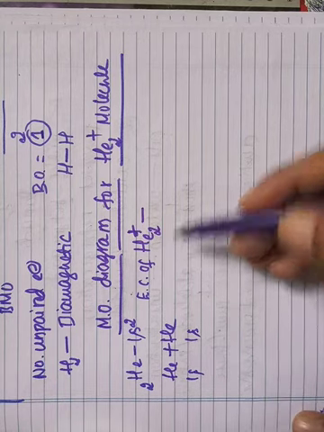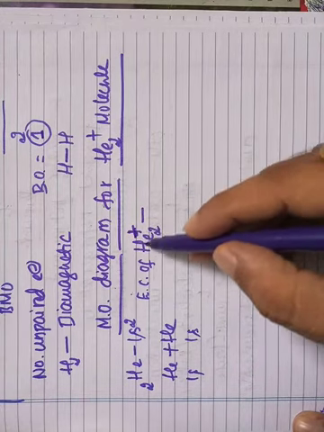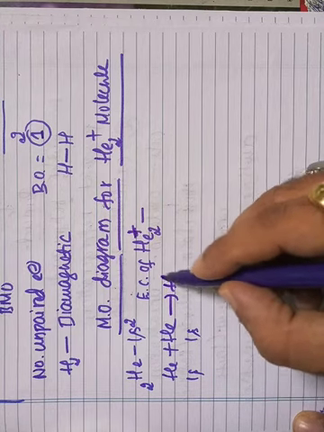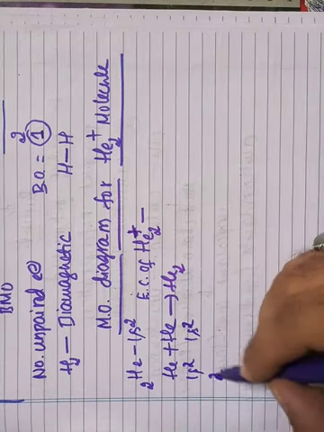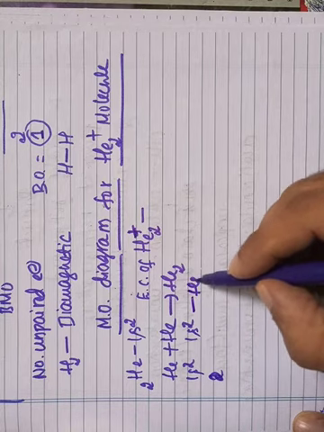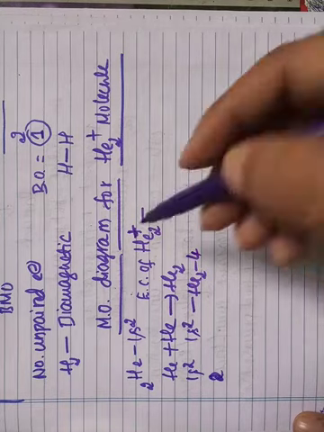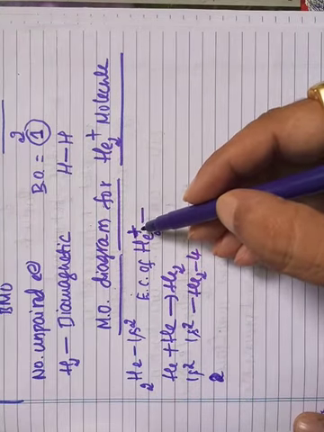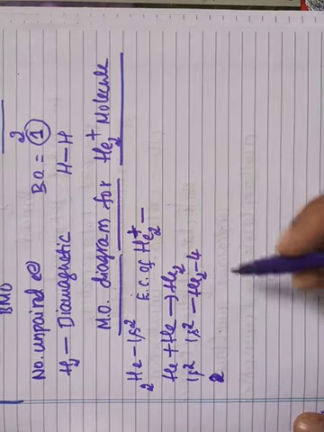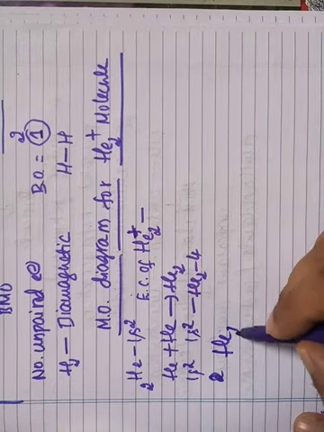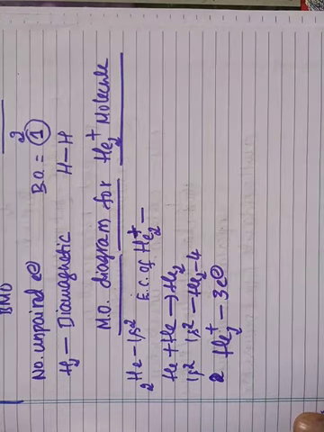Okay, so He2 plus ion. Here there is a positive charge. So in the He2 molecule, two electrons are present in each atom, so there should be 4 electrons, but there is a positive charge here. That means this He2 molecule is having 1 electron less. So this He2 plus ion contains a total of 3 electrons.